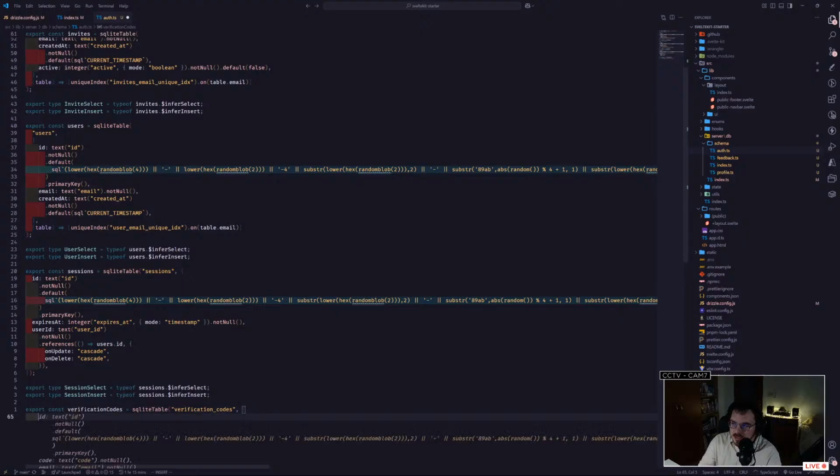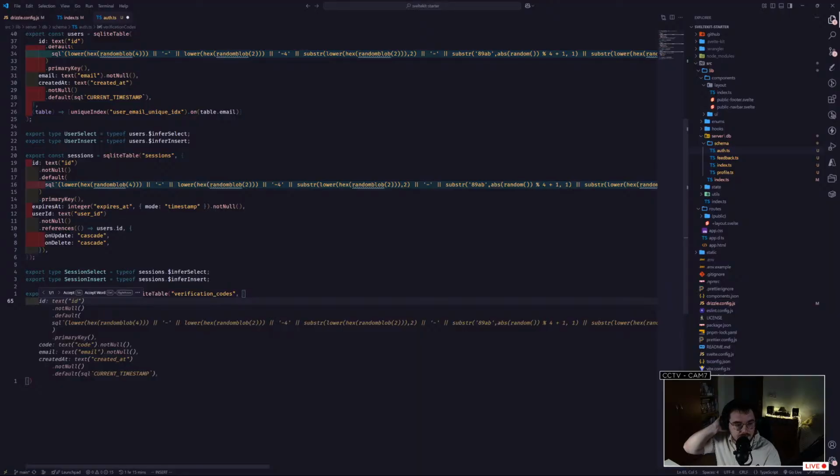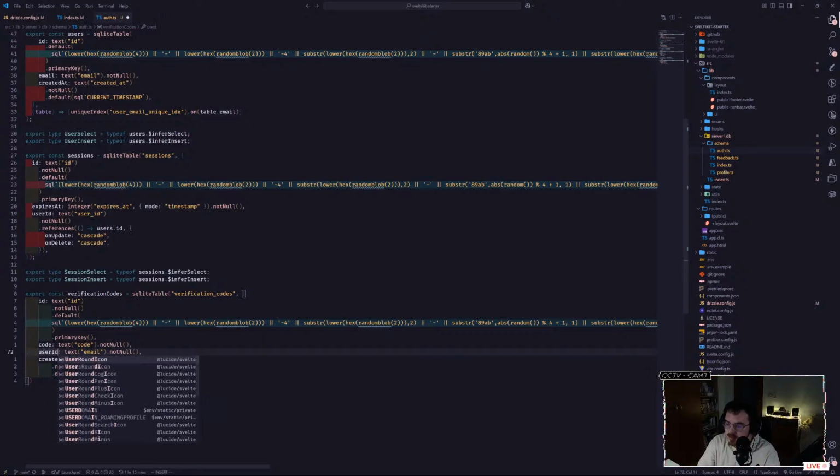Okay, we'll take this structure, but this is not necessarily everything that we need. We will have here a user ID,